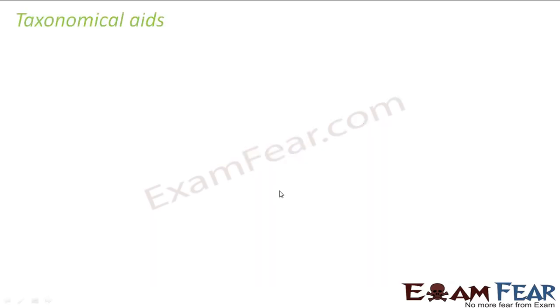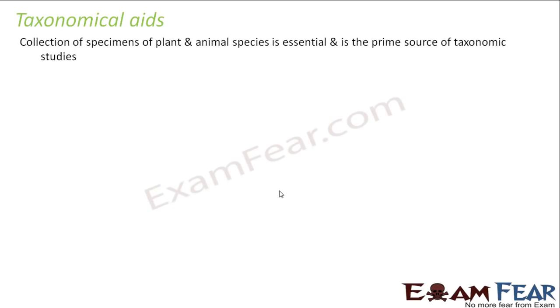So let us now talk about the taxonomical aids. What is the meaning of the word aids? It means help, things which help us in doing something. So let us see what are the things that help us in this study of taxonomy. How do we define taxonomical aids? They are basically collection of specimens of plant and animal species, which is essential and is the prime source of